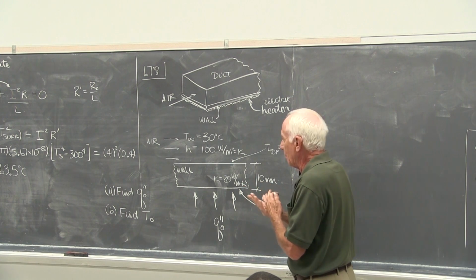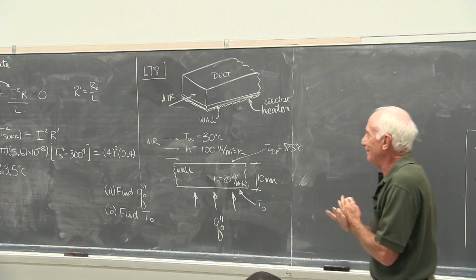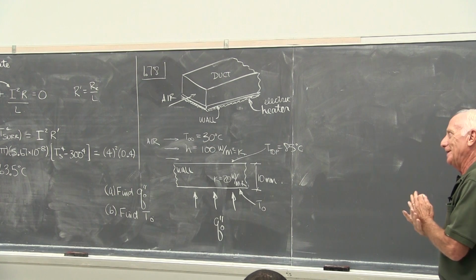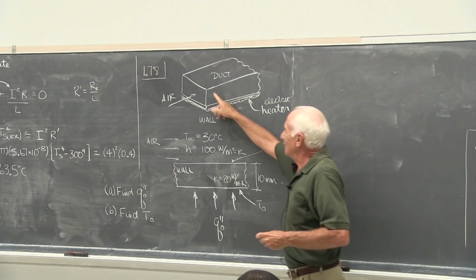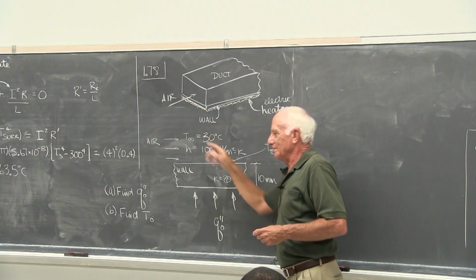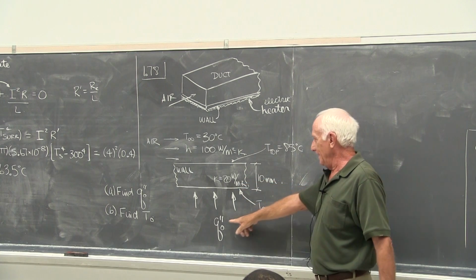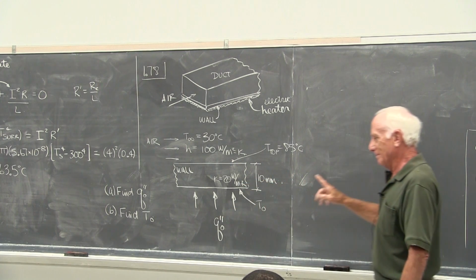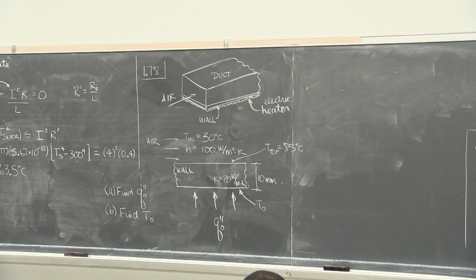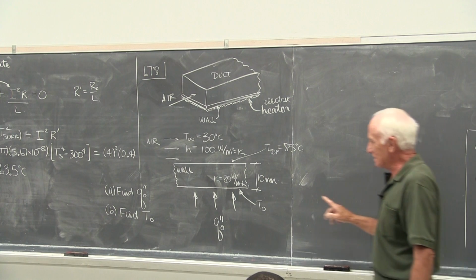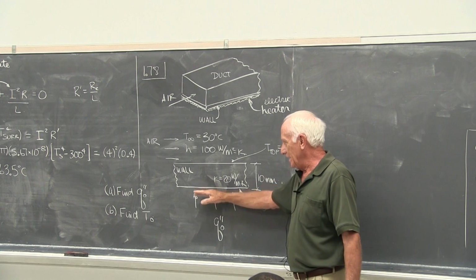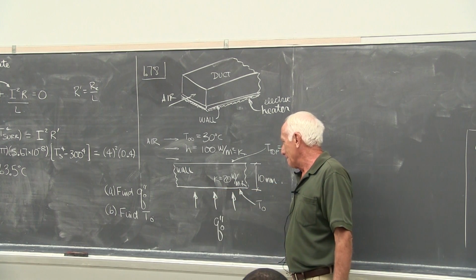Okay, we don't know how big the duct is. We have no dimensions, no height, no length, no width. So everything is based on a per unit area. Everything is based on watts per square meter. We want to know then how many watts per square meter are put in on the bottom of the duct.